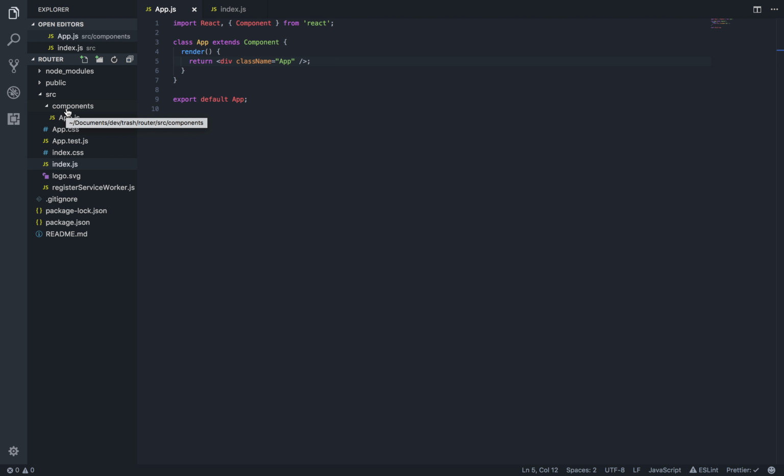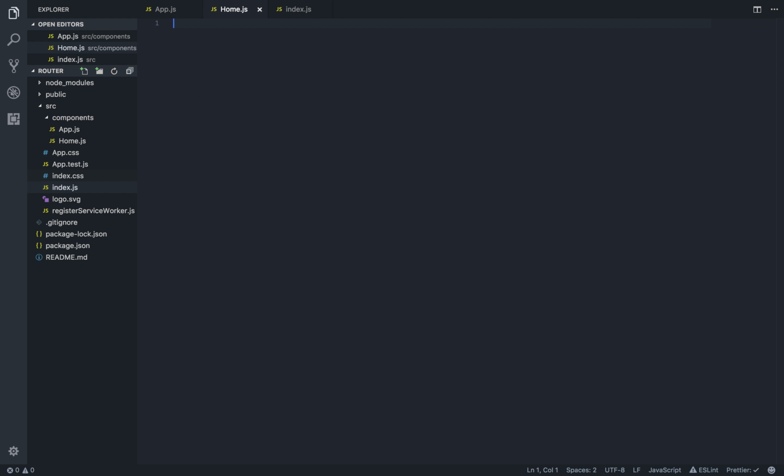So the first thing we're going to do is I'm going to go ahead and build out three components: a home component, an about component, and a contact component. So let me go ahead and just build those real fast. I'm going to show you a couple of different ways that you can build your components depending on what your situation is. All right, so the most common way to do it would look something like this. You always have to import React, right? So this is a pretty standard way